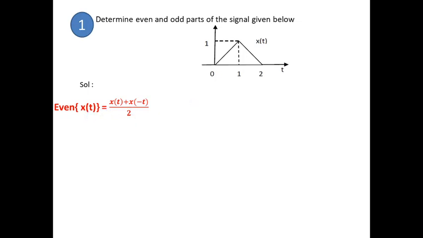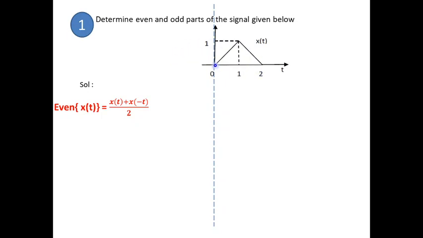So, we have x of t here. Obviously, we should find what x of minus t is. So, let me take this time reference. Whenever you plot your signal with this reference, it will be very convenient and you will not make any mistake. So, you have to perform x of minus t. What will be x of minus t? Just the time reversed version of this x of t.